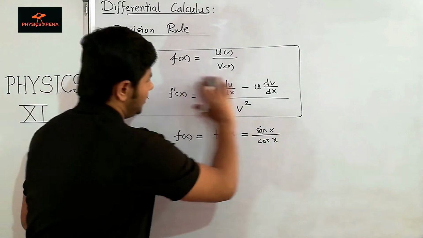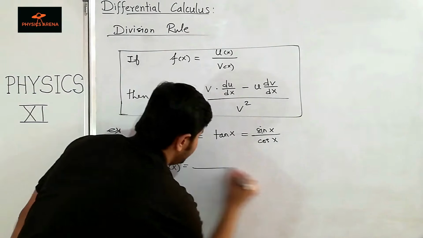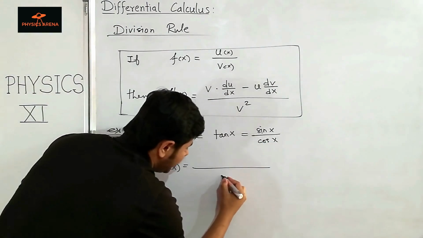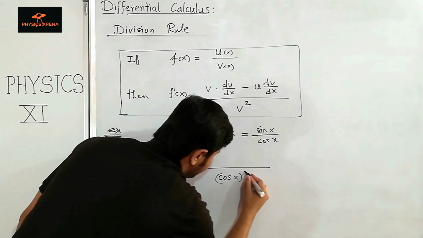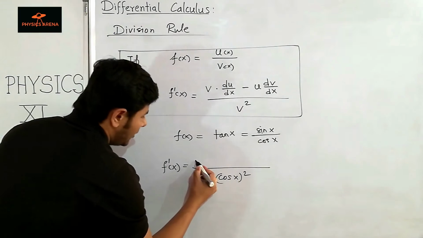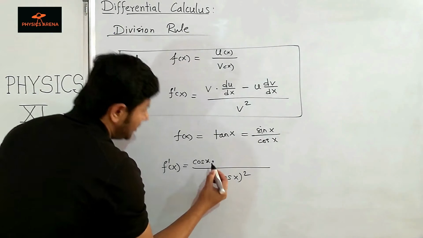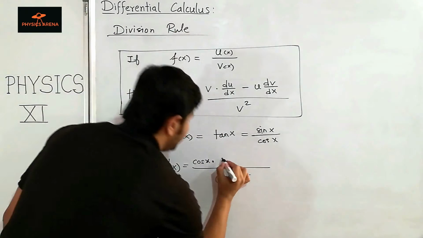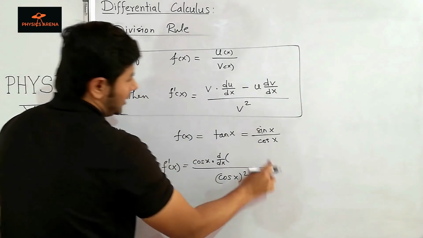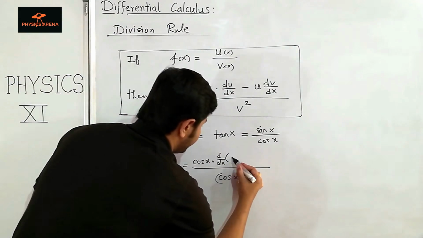So using this rule, in the denominator we have v square, and v is cosine x, so cosine x squared. In the numerator we have v, which is cosine x, into du by dx, so it is d by dx of u, and our u is sin x,